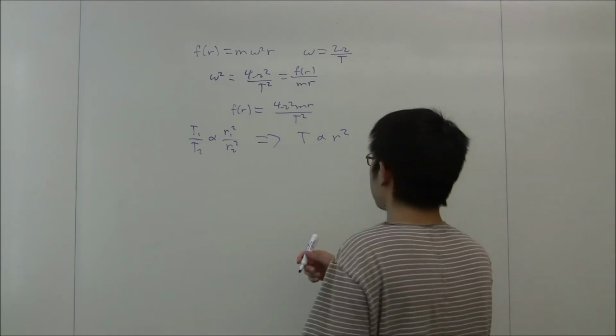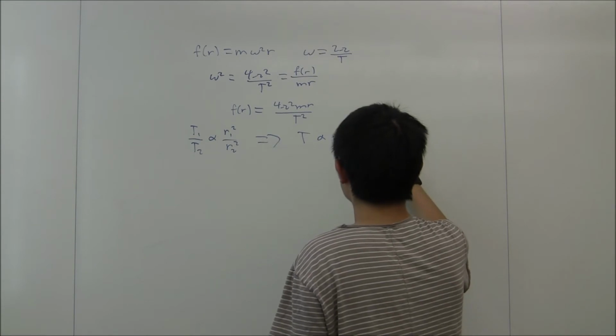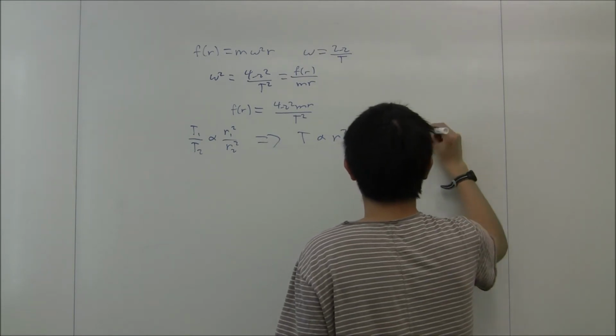So we have that T is proportional to r squared, which means that T squared is proportional to r to the 4,